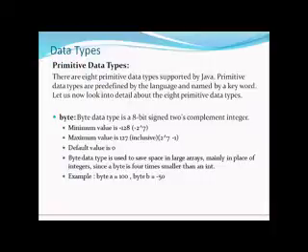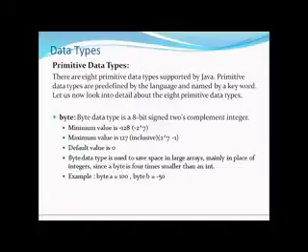In Java the smallest primitive data type is byte. A byte data type is an 8-bit or single byte data type. It is also known as an 8-bit signed 2's complement integer. The minimum value that can be stored in a byte data type is -128. The maximum value that can be stored is 127, and the default value is 0. So if you don't initialize a particular byte variable, you just declare it, then in that case it will hold the value of 0.